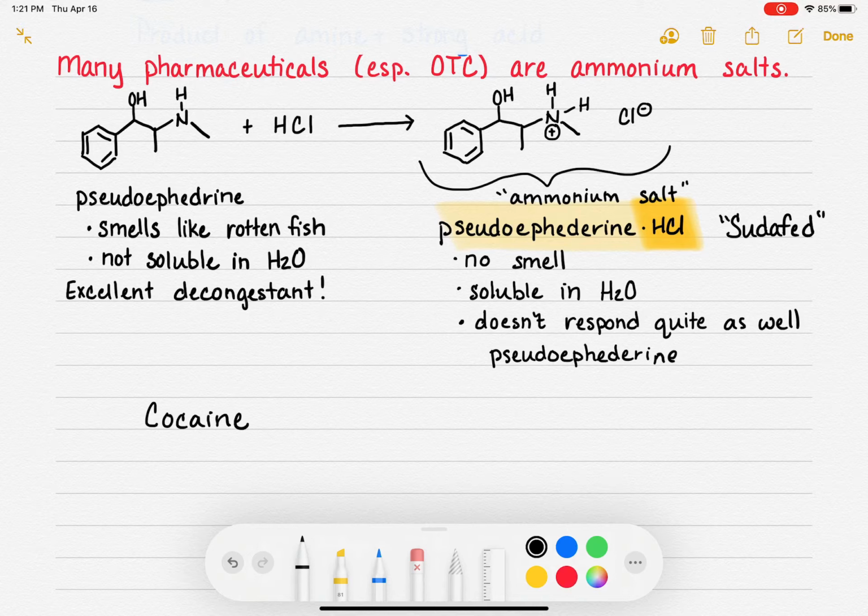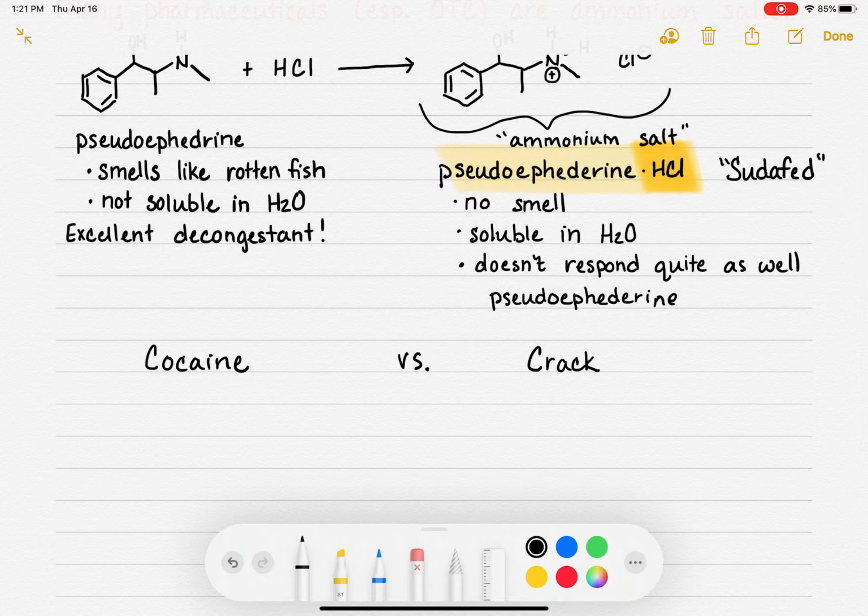Cocaine. We're not going to draw the structures of cocaine and crack because they're actually really big and complex molecules. So the first thing that we have to clear up here is the true names of these molecules. When I say cocaine versus crack, this is the street name, like if you went up to somebody at a 7-Eleven and said, "Buy me some crack, sell me some crack." That's what I'm referring to. The true name of crack, like if you go buy crack, that is actually cocaine.